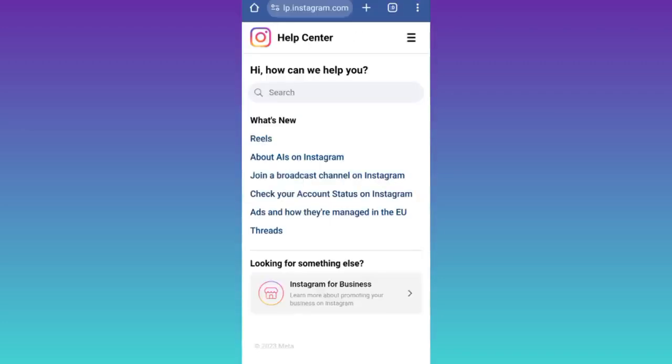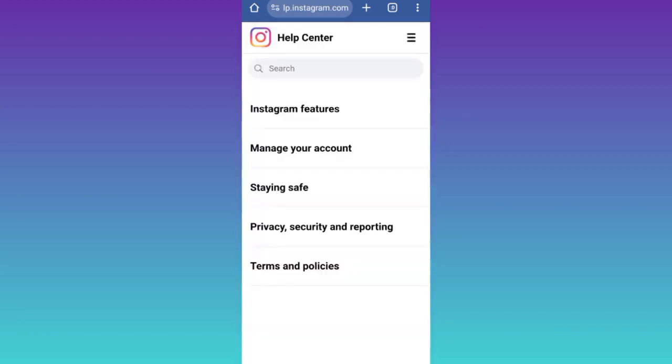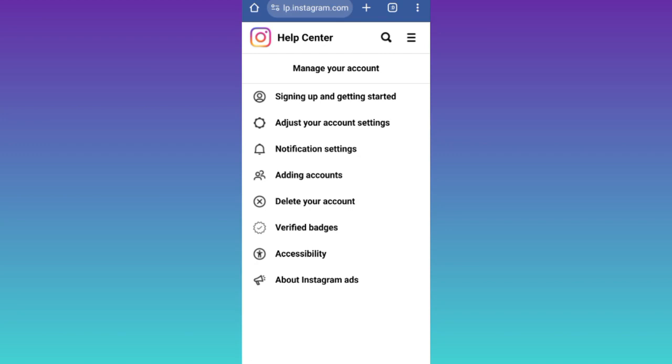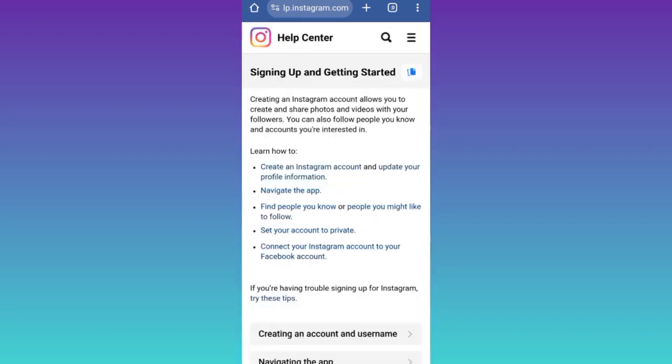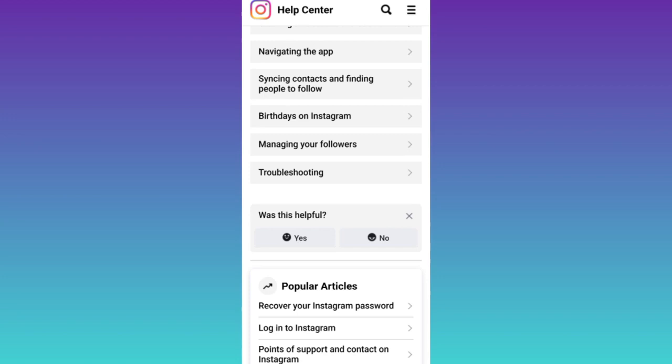Okay, now click on these three horizontal lines at the top right corner of your screen. Then tap on manage your account. Select the first option, then scroll down, and in front of "was this helpful" tab, select no and then click